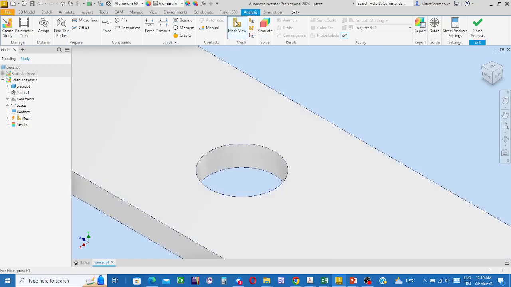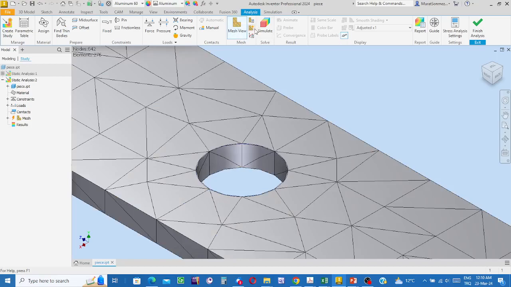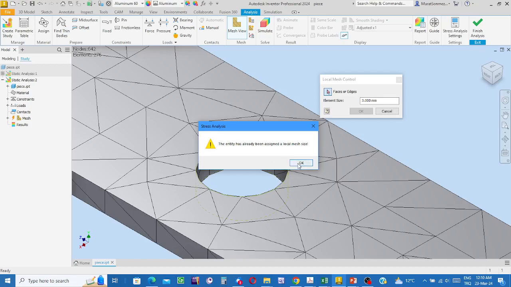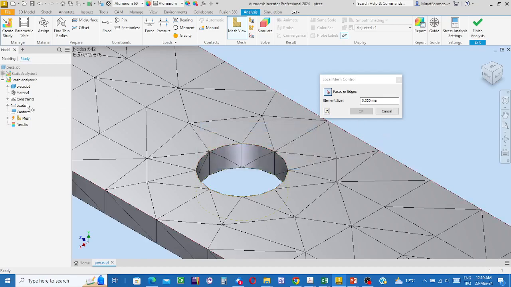Okay, generate the mesh. 3 millimeters I said, and in the vicinity of the surface click. Yes, already assigned. Well, okay, close this dialog box, and then at the browser, this Thunderstrike symbol says